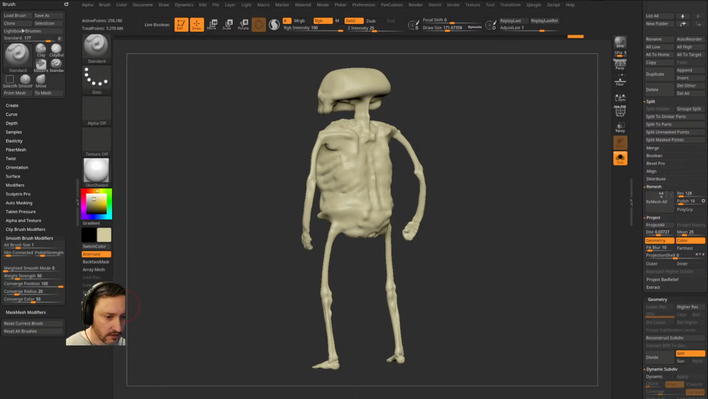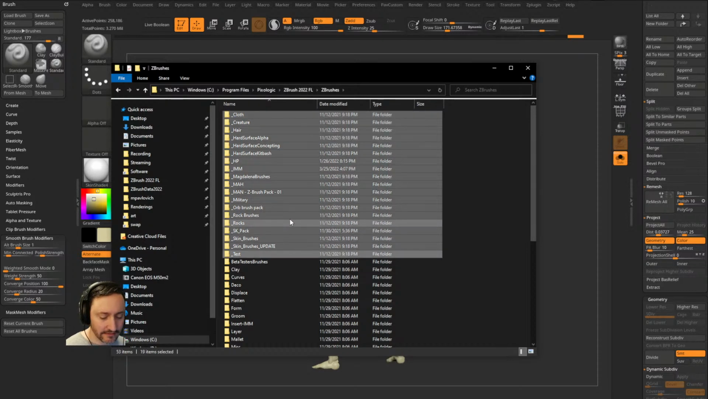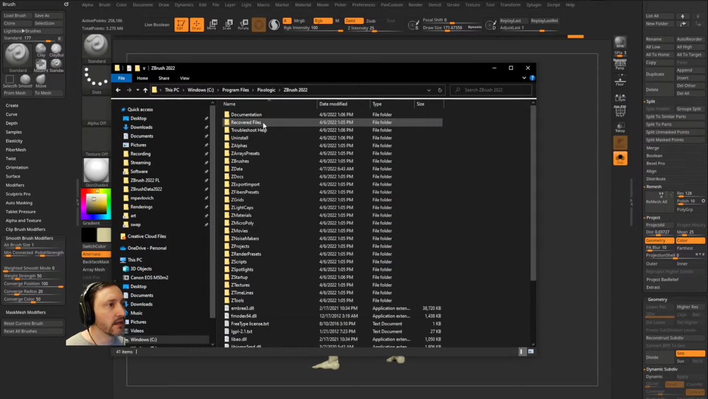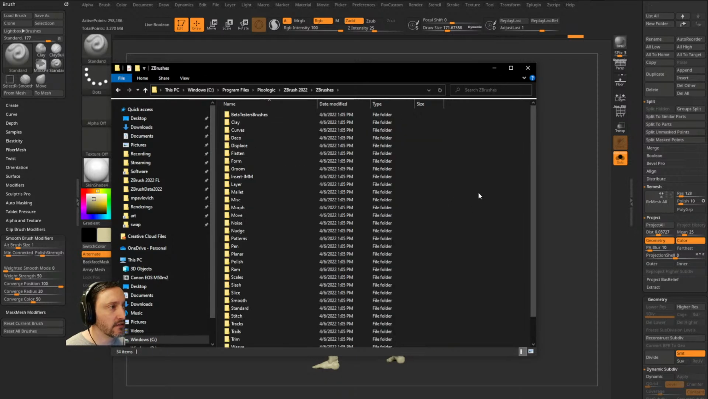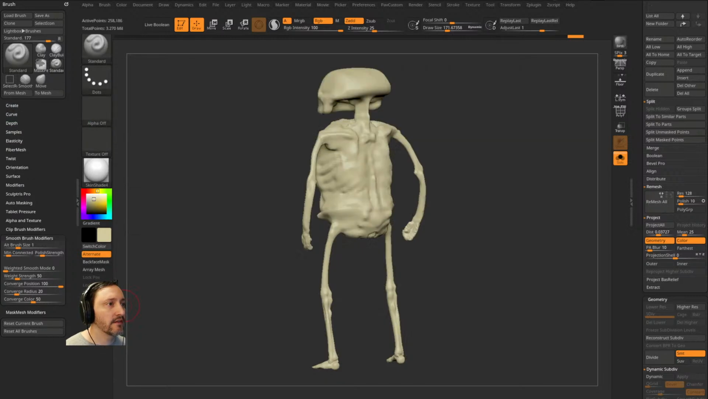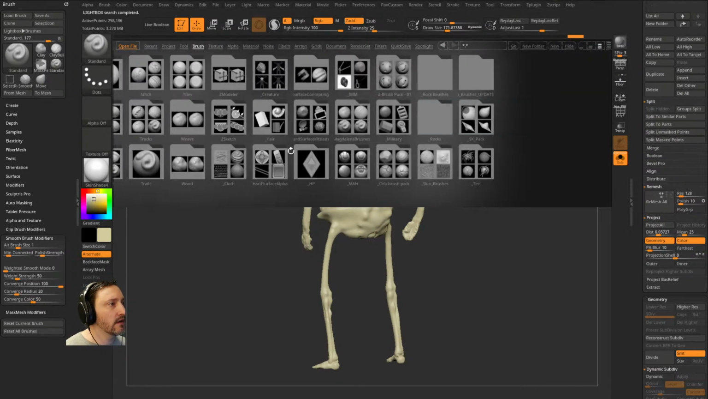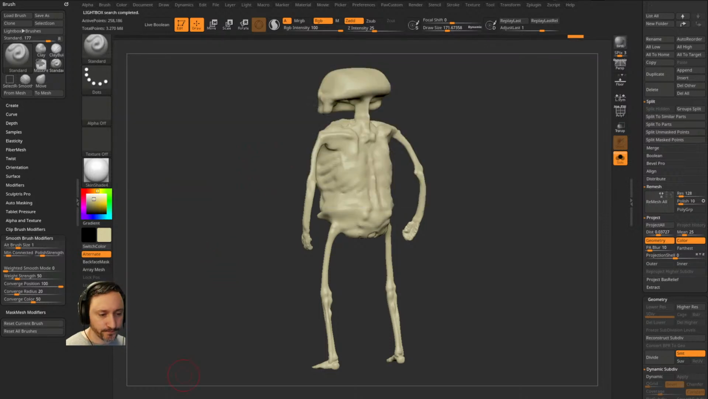Hold on, 2022, ZBrushes. See, I got a bunch of brushes in this folder. So I'm going to take these, copy them, and then in ZBrushes, paste these. Let it finish. In this folder, if you hit the comma key and go in the LightBox and scroll back, you're going to see all those brush folders we just had. However, if I go back